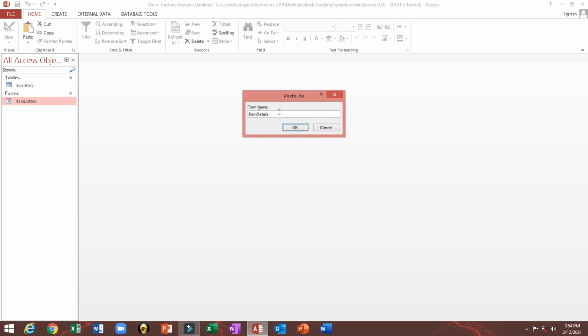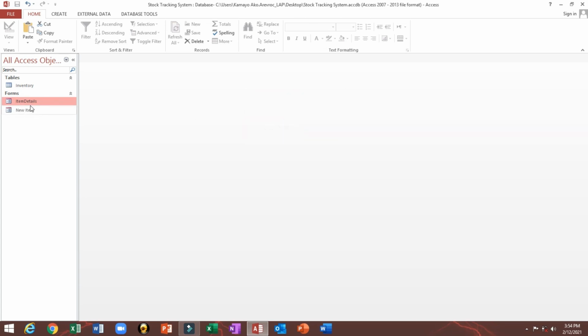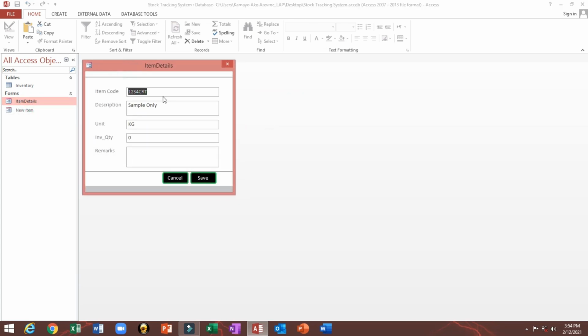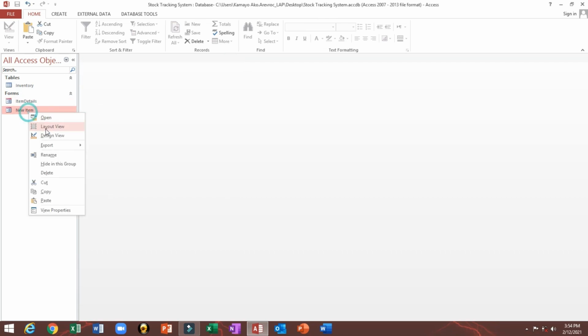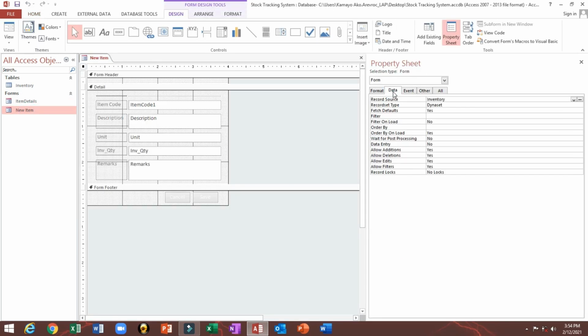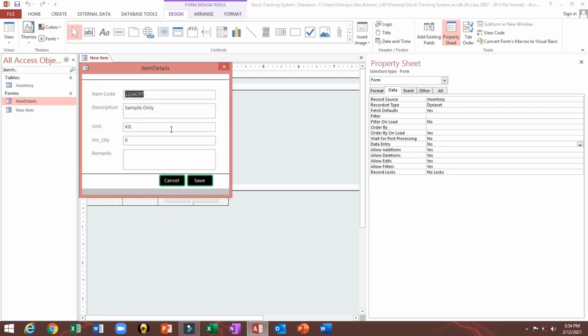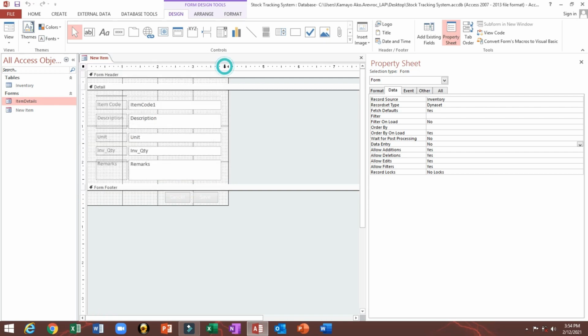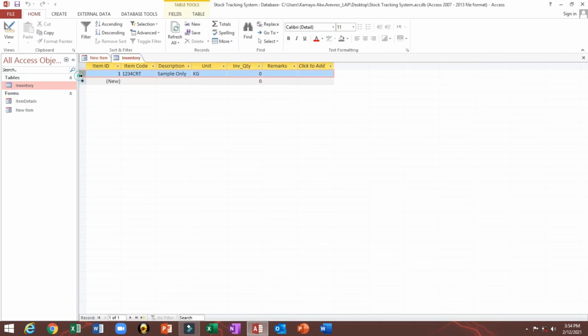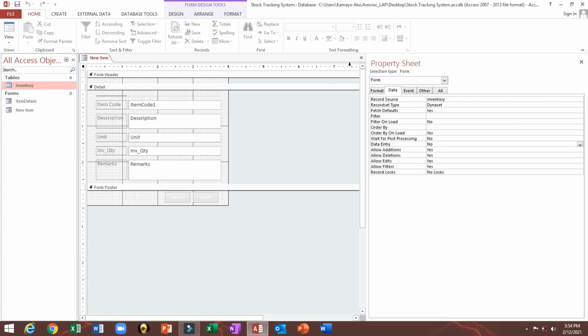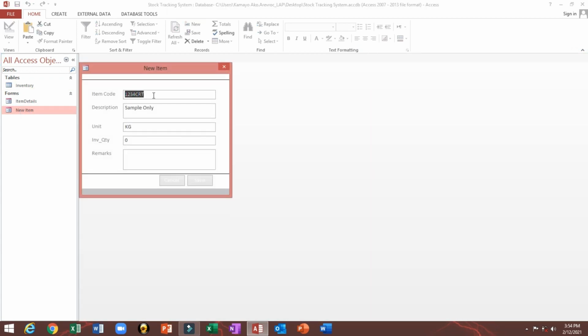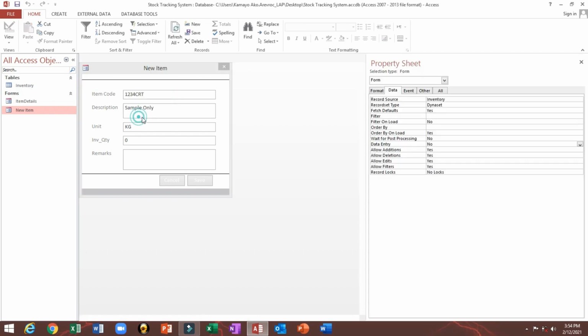I will put here a new item. Again, if we double click here, it's showing the first record. Here we will change in data. Here, look, as you can see, data entry showing new or no rather, so that if you open, it shows the first record here, the first row. Now since we are opening this new item, in order to make it blank, we will